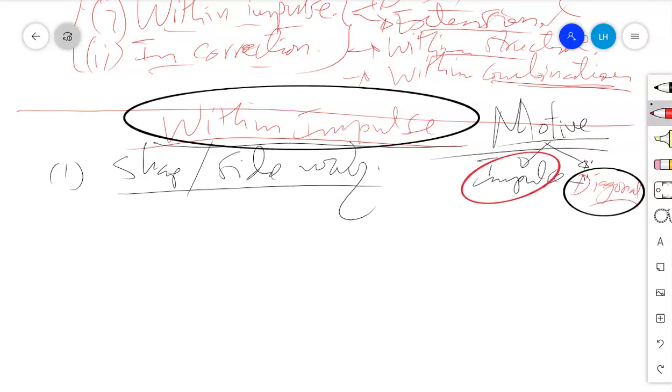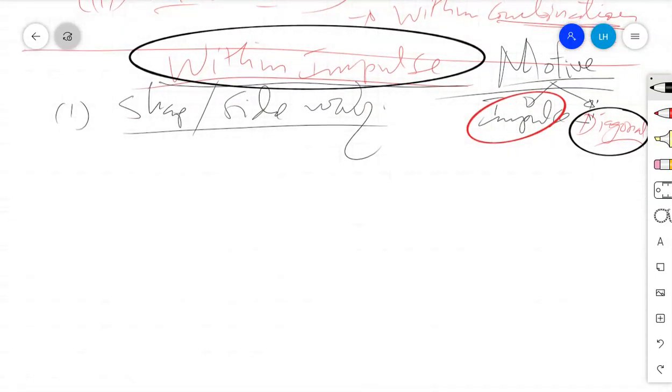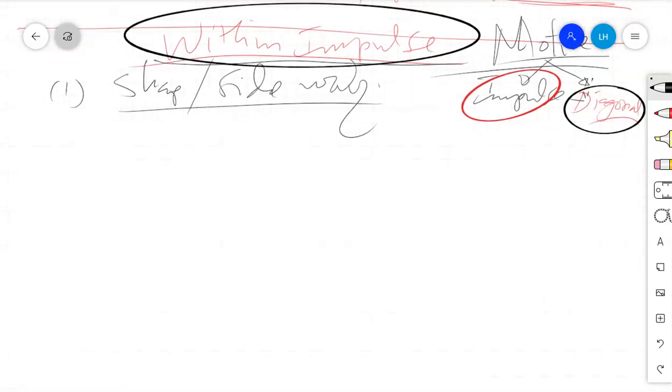Now our case here is the issues on sharp and sideway. That's our case. So now we'll cover the issues on impulse. Leave the idea of diagonal, but I was reminding you of the concept of what are the impulse and what are the diagonal. Mainly those are the major parts of the motive move. So when the market is moving within an impulse, make sure that you remember those guidelines and the rules of an impulse.